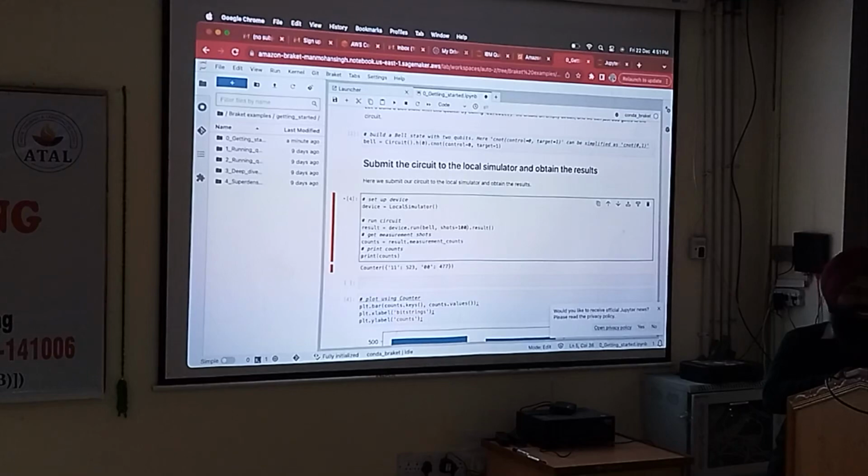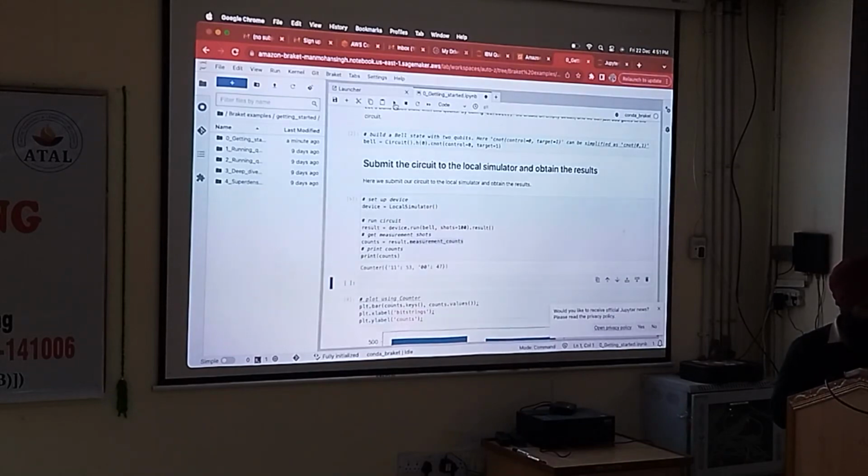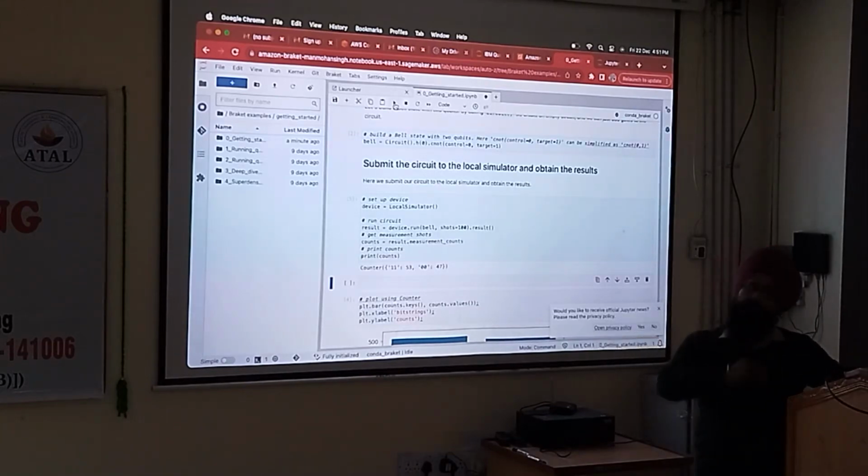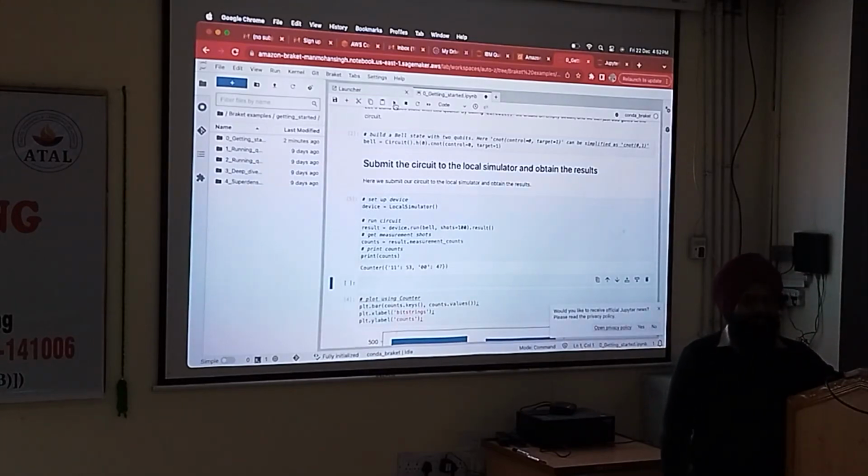I'm trying to correlate it with classical things. Make it 100, or 10, just make it 10. When I changed it to 100, it came to 53. At maximum we run up to 1000, we do not increase it further ourselves. Classically, what happens is that as the number of trials increases, the probability comes closer to equal.